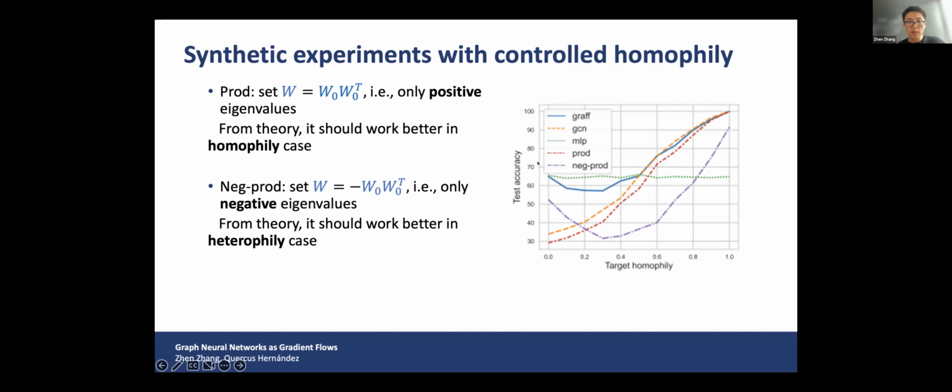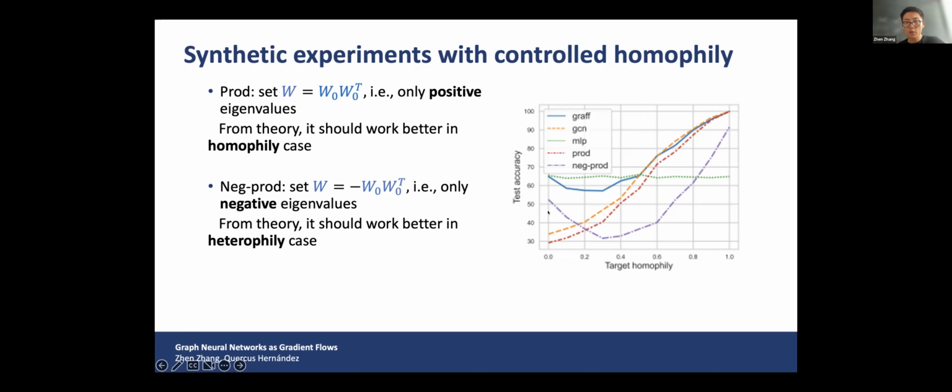The prod means that they set the W matrix in the graph to be a positive definite matrix, while the neg prod means that they set the W to be a negative definite matrix, or the negative of a positive definite matrix, which only contains the negative eigenvalues. And from the theory, we know that if the W is positive definite, it will work better in the homophilic case, while if the W is negative definite, it will work better in the heterophilic case. And we can see that it is consistent in the numerical experiment results, in the sense that when the homophily